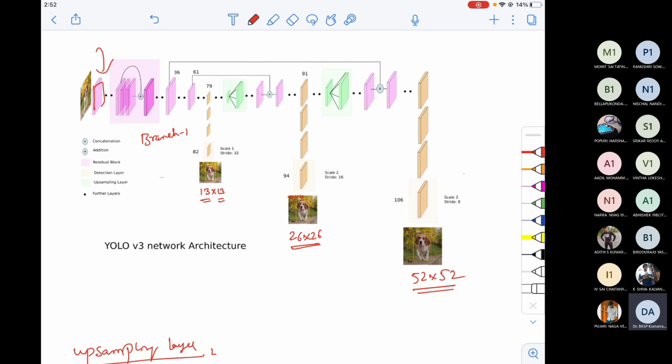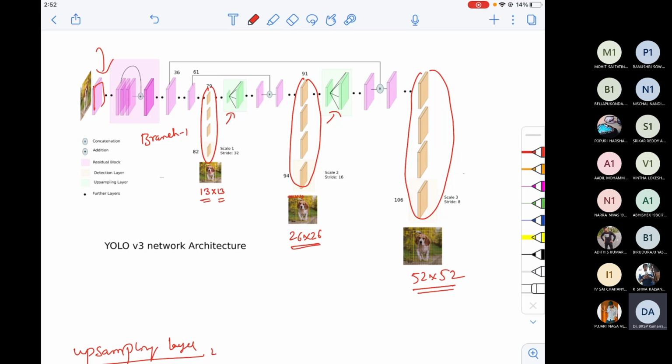To ensure that it is not constantly decreasing, they have put upscaling layers, so that the initial output size is this. Later, output 2 feature map sizes are increased. The final output branch feature map sizes are further increased.